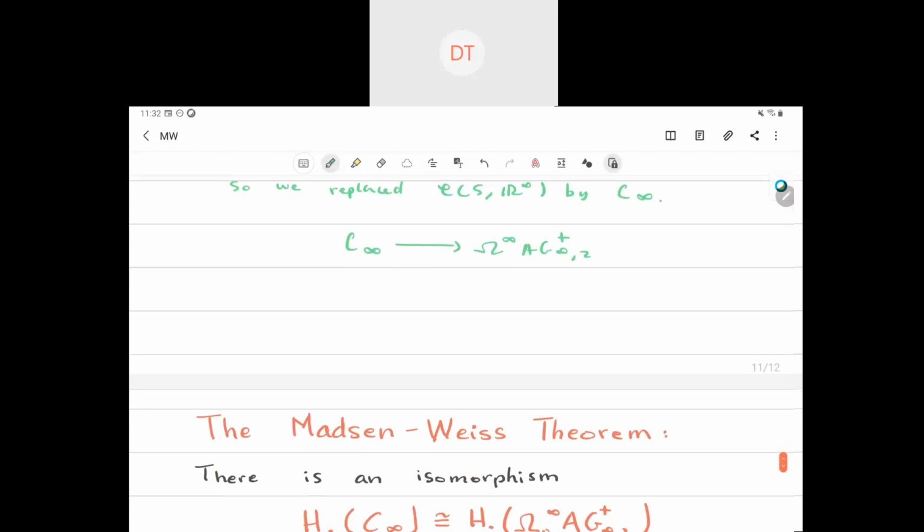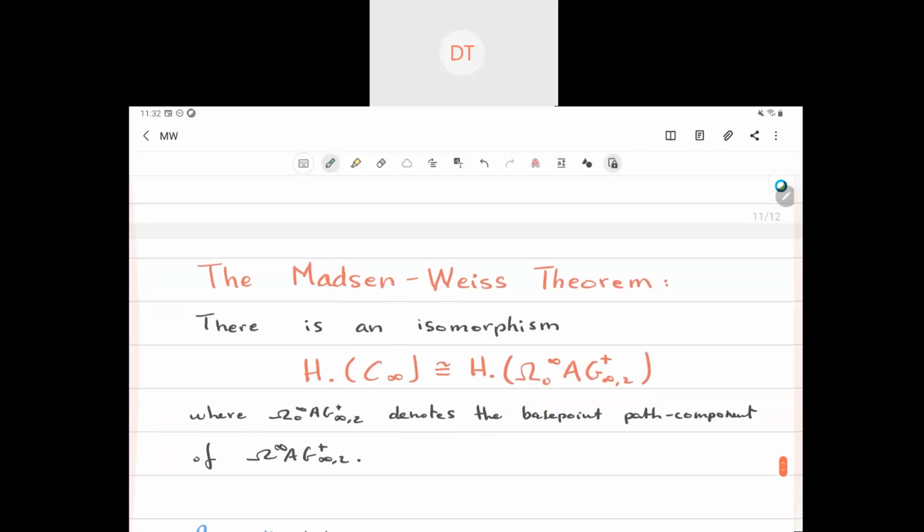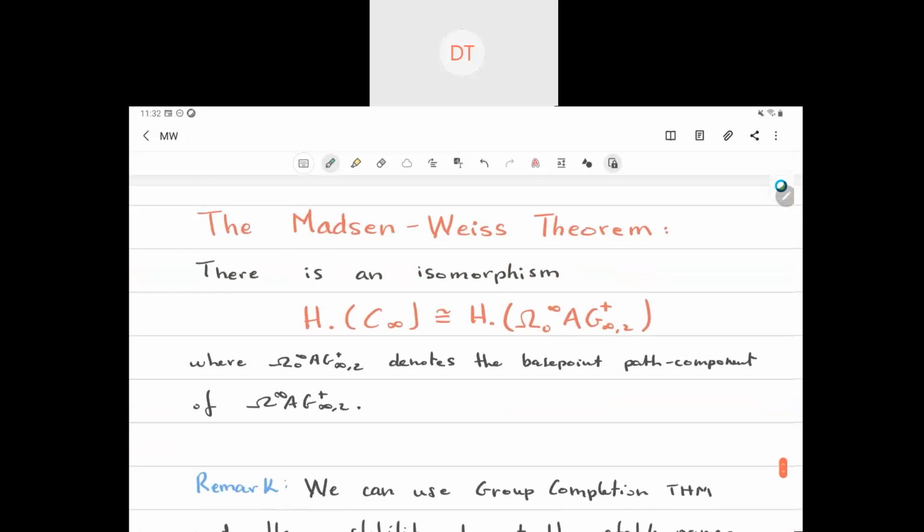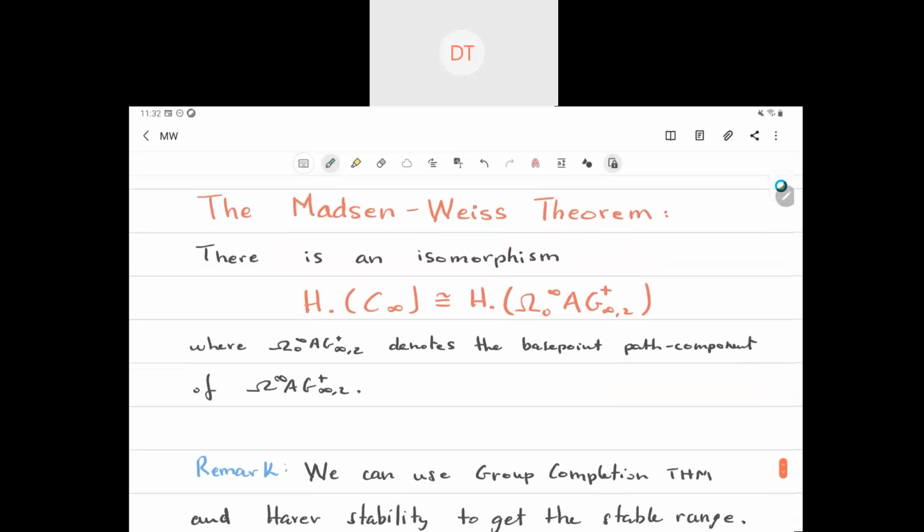Okay, and we get to the statement of the Madsen-Weiss theorem. The Madsen-Weiss theorem says that there is an isomorphism of the homology of C infinity and loops infinity A G plus. Okay, so exactly what one would hope for after we tweak the initial idea of the scanning map and